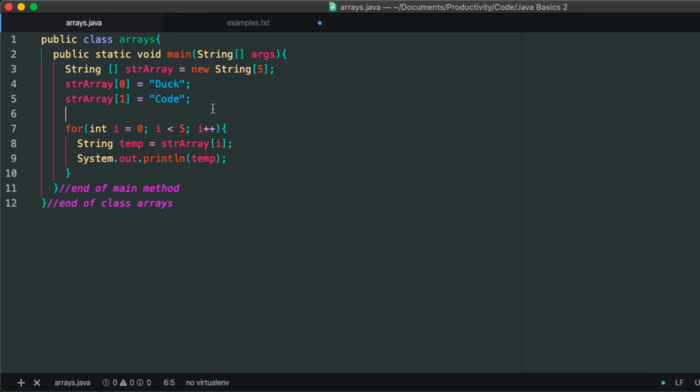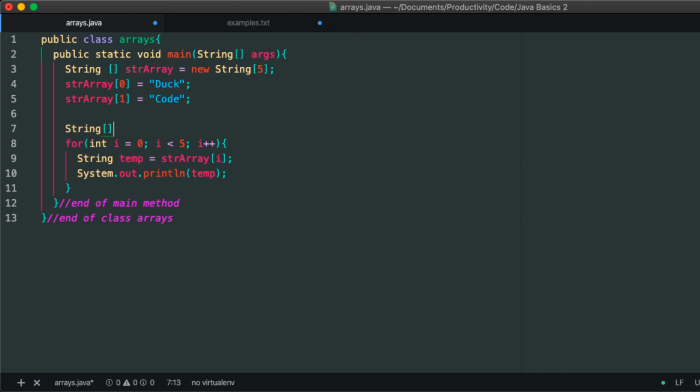So what I need to do is initialize another array. So I'm going to write string array, and then new array is going to be a new string array. And then what we usually do is we make it double the size that it originally was. So we'll make that 10. Cool. Now what we'll do is string temp is string array at i, and instead of printing that value out, we're going to say new array at i is going to be equal to temp. And so now it's going to copy all this information over, and then let's say I want to add something at index 5. So what I can do is new array at 5 is going to be equal to